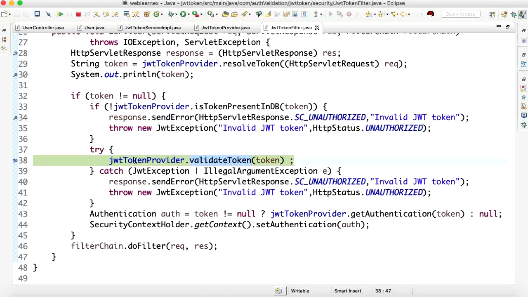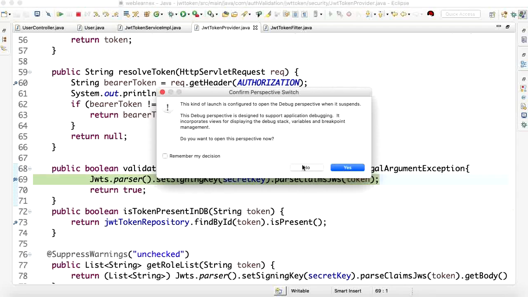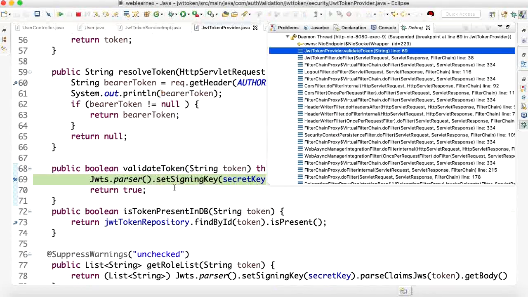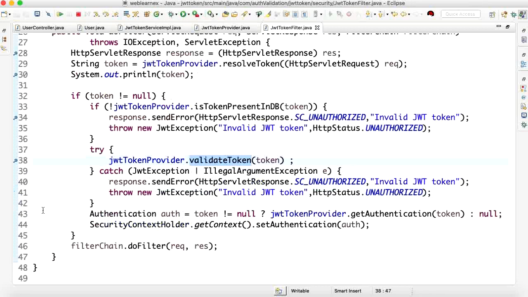So now it's going to check whether the token is valid or not. For this it is calling this method. It's going to pass the token and the claims information. So let me hit here. It will return true or false. If the token is valid, then it will return true, otherwise it will return false. You can observe here it's going to return true.